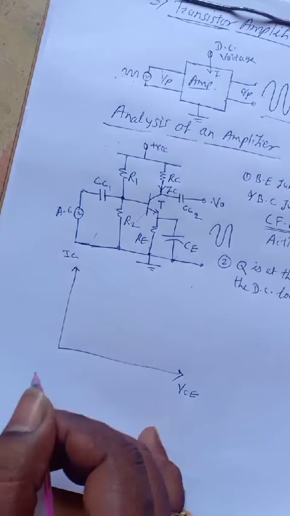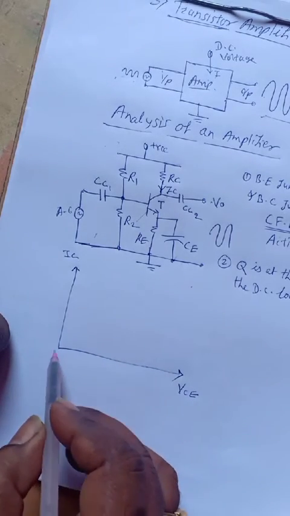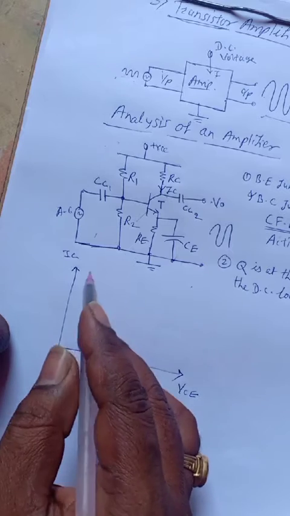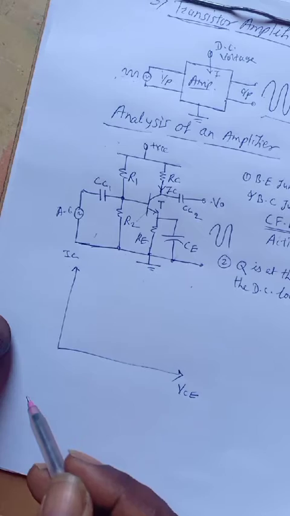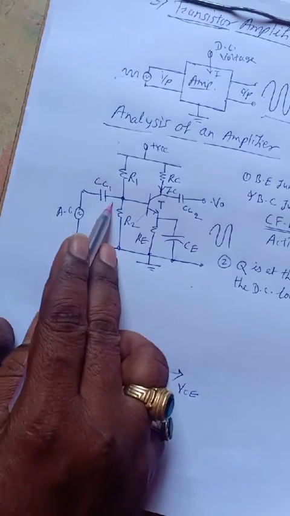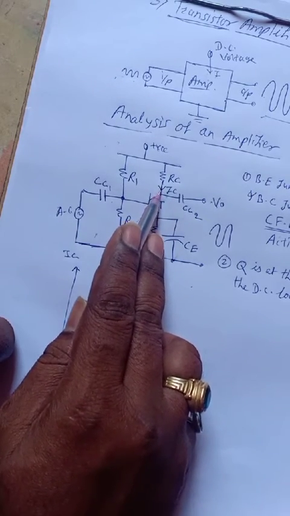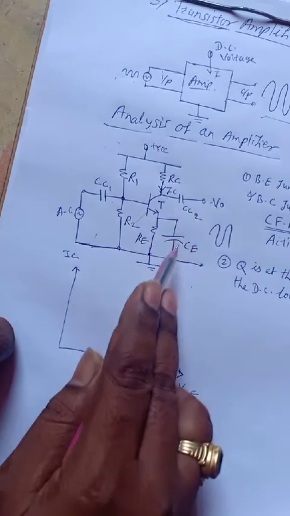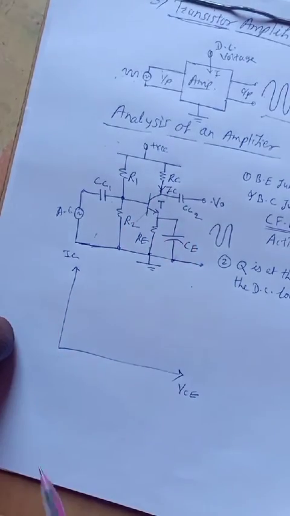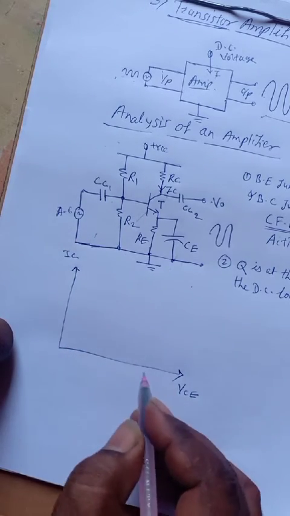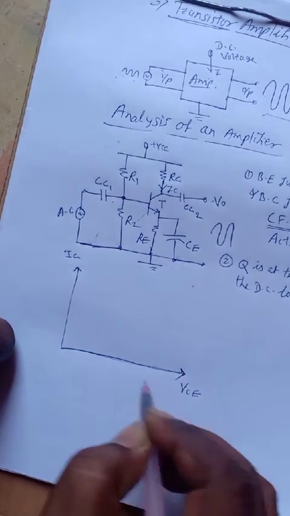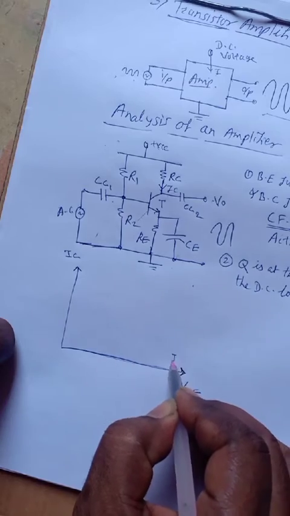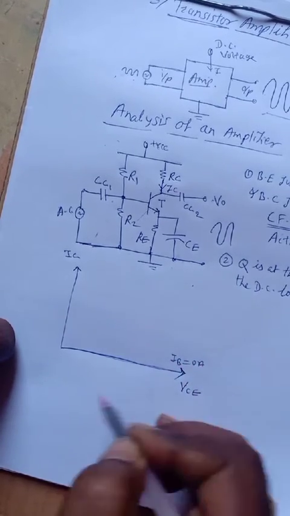Okay, so we are going to observe this. As VCE increases, IC also increases, but its variation depends on the base current IB. So we are going to observe the relation between collector current and the collector to emitter voltage VCE, for different values of base current. So for different values of base current, we can plot this variation with, suppose, IB equal to 0 ampere.